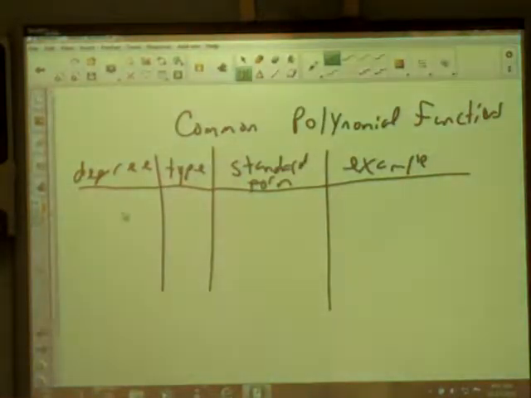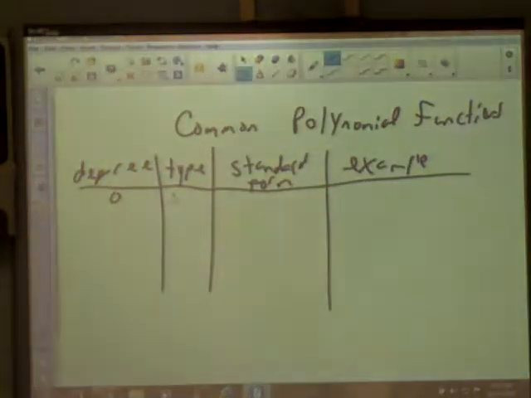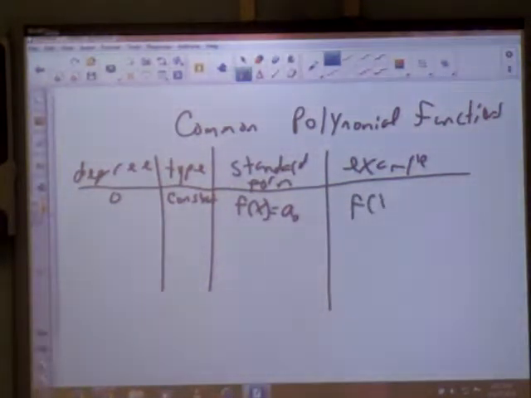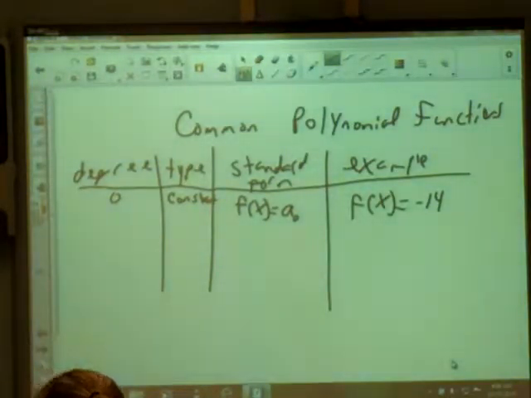Alright, we could have something that has a degree of 0. If it has a degree of 0, that means it's a constant, because it's not going to have a variable. Okay? Standard form of that, if I write this, would just be f of x is equal to a base 0, for example. Now the reason that's a constant with a degree of 0 is because if I plugged a variable in on that, remember the degree is always on the variable, so if I use that negative 14 example,